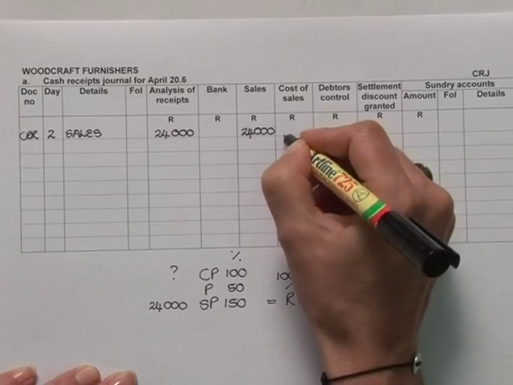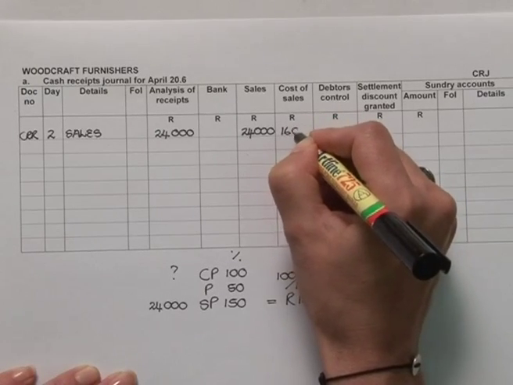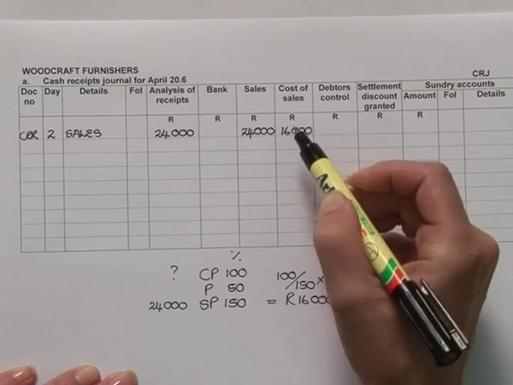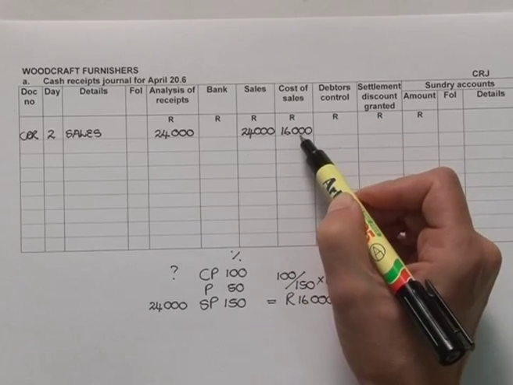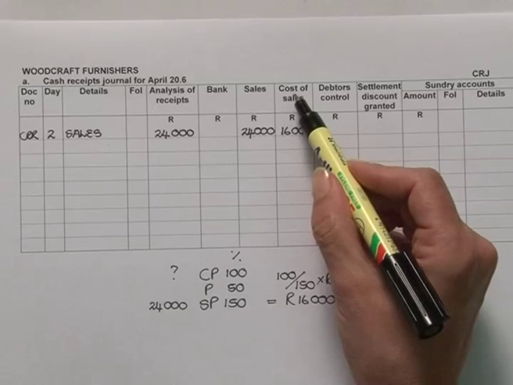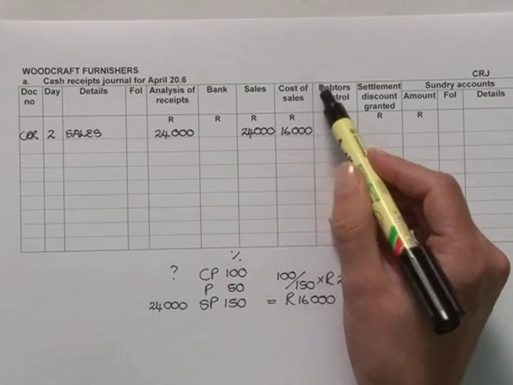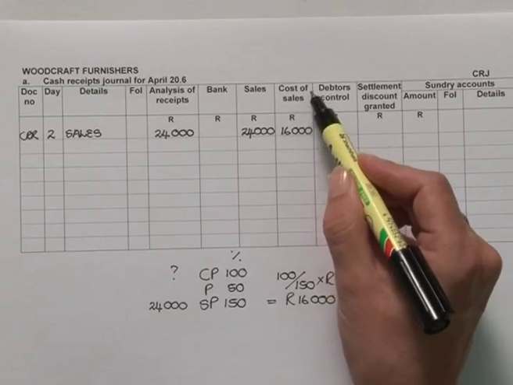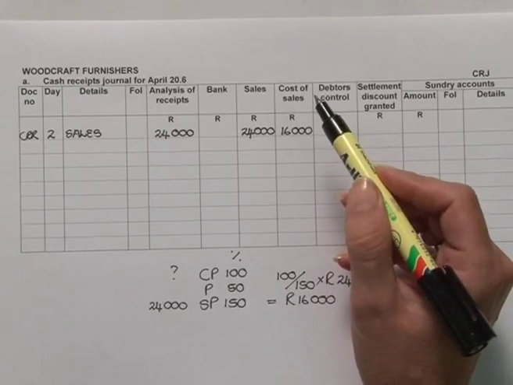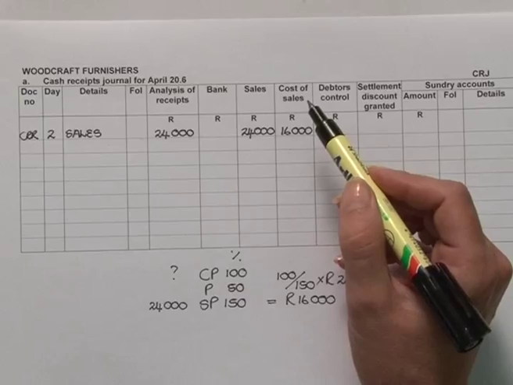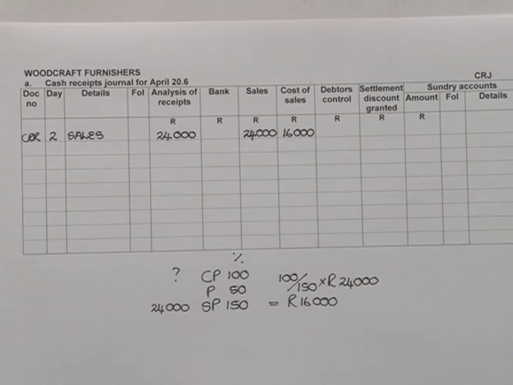That 16,000, when included in the cost of sales column, will represent a reminder of a debit in cost of sales and a credit in inventory. Remember, we don't have an inventory column here, but cost of sales is the reminder of the second set of debits and credits. In the cash receipts journal,